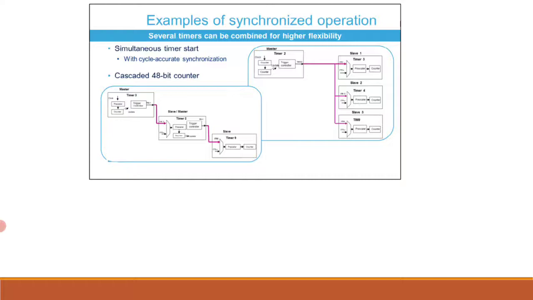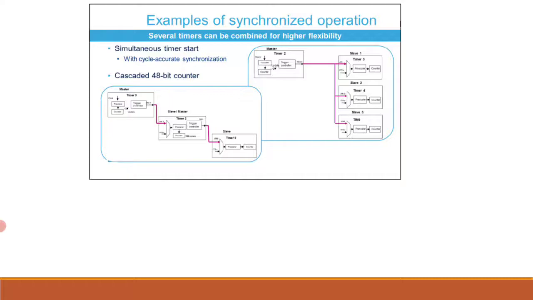The first example shows how 4 timers can be simultaneously started. A mechanism allows the master timer to start slightly delayed to compensate for the master or slave link delay and have all timers synchronized with cycle accuracy. By combining the channels of timers 2, 3, 4 and 9 as shown in this figure, it is possible to have 14 synchronized PWM channels.